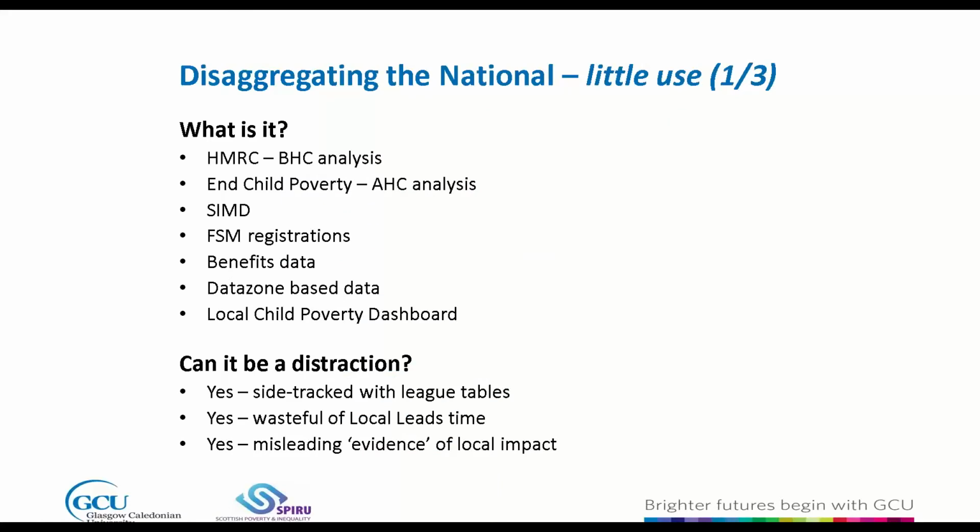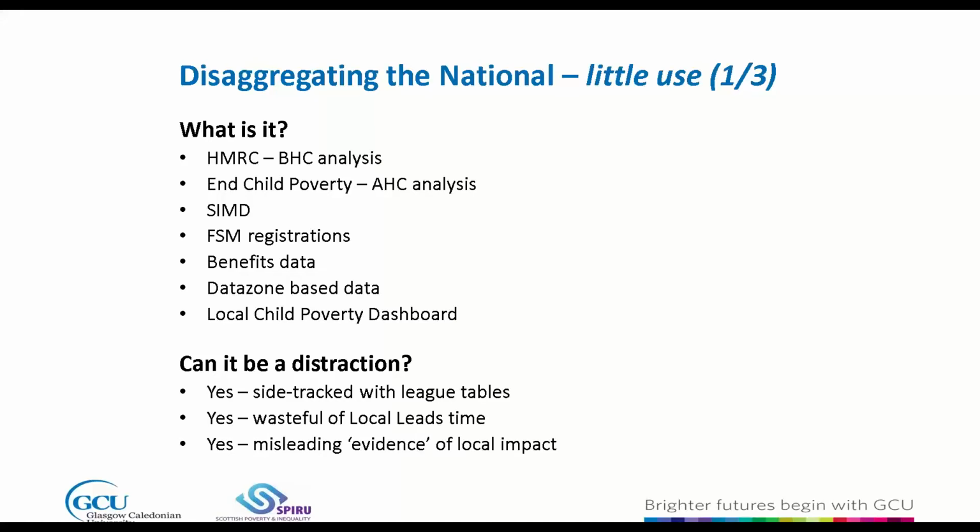So we have a range of these national data that can be disaggregated locally so that we could perhaps benchmark, compare, understand, and perhaps to a degree track changes through time. The HMRC have an estimate of the relative child poverty data measured in a before housing costs measure. Now, I won't get too technical. We can come back to that in questions if we need to explore further. A similar type of data is produced by the End Child Poverty Collective, which use the HMRC data, but then factor in some modelling to give an after housing costs estimate of child poverty, which is the way in which we measure poverty in the 2017 Child Poverty Act.